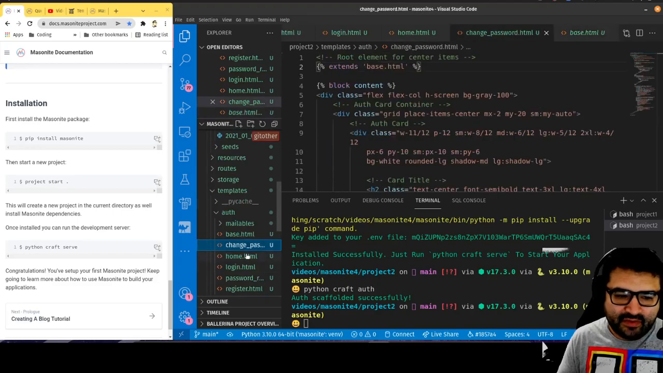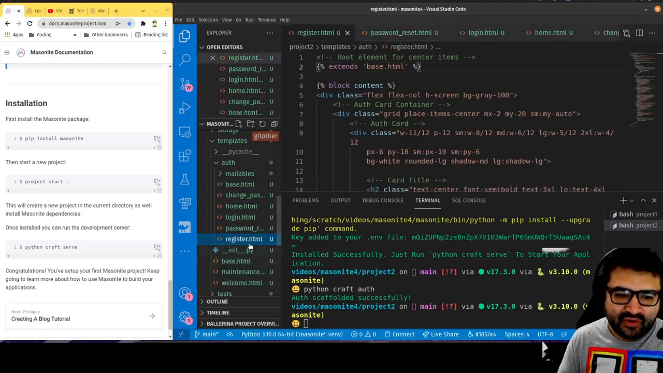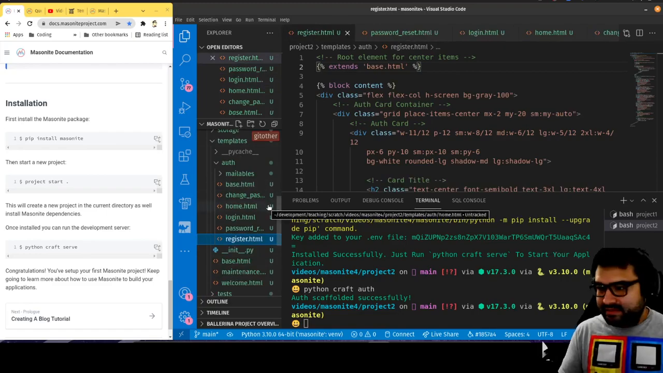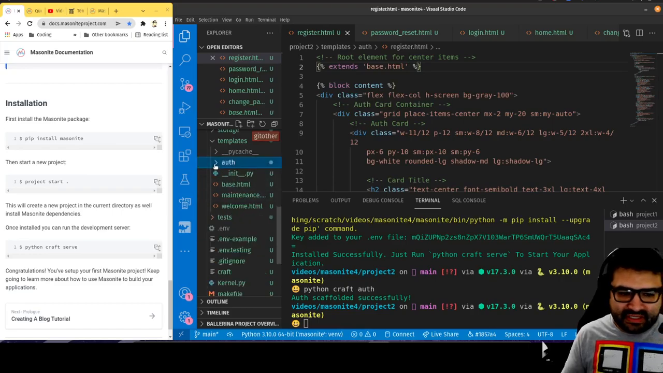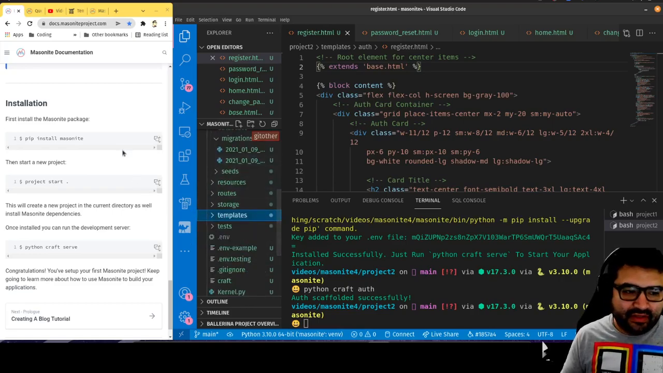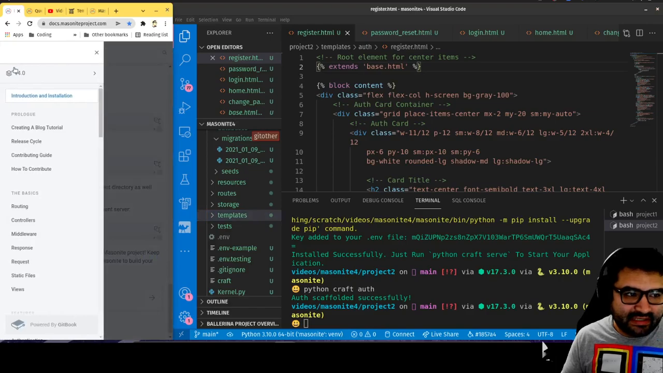But basically, you have the change password page, the home page, login page, password page, register page, all set up for you already. So you can customize them to your liking. Yeah, and we'll get to that in a moment. But you see, all that stuff is set up for you. So the only thing left for us to set up,